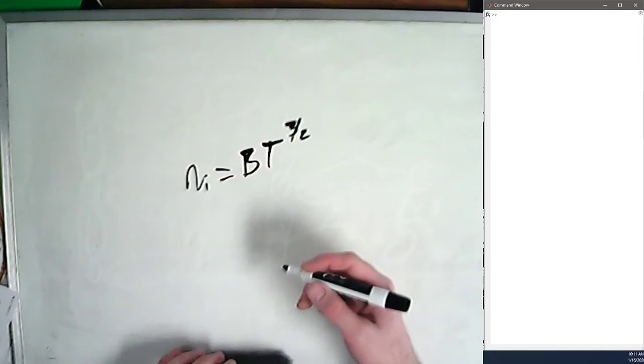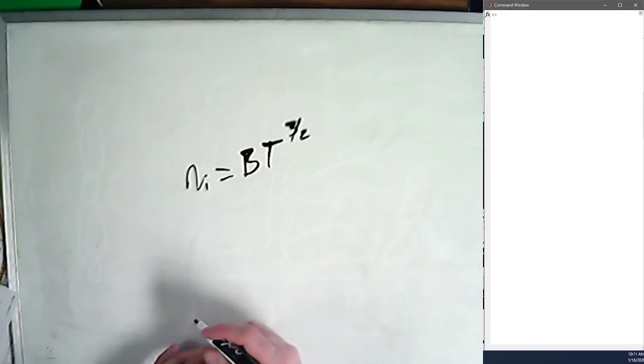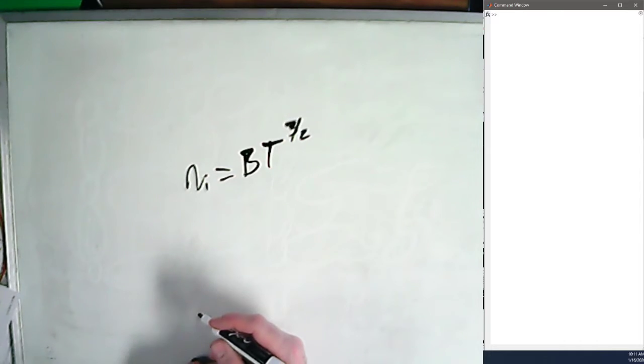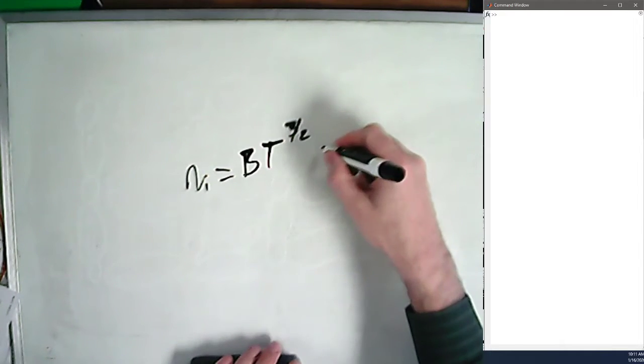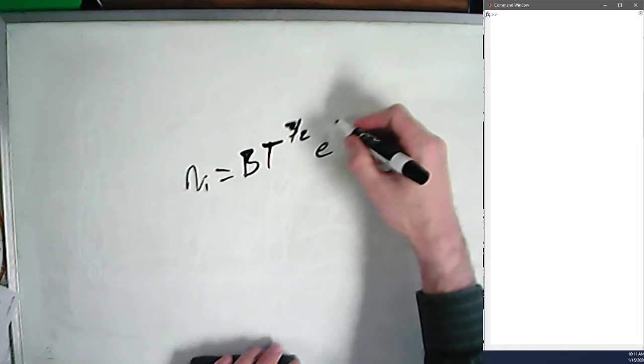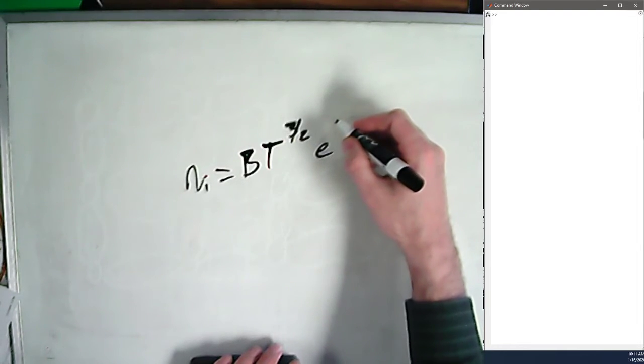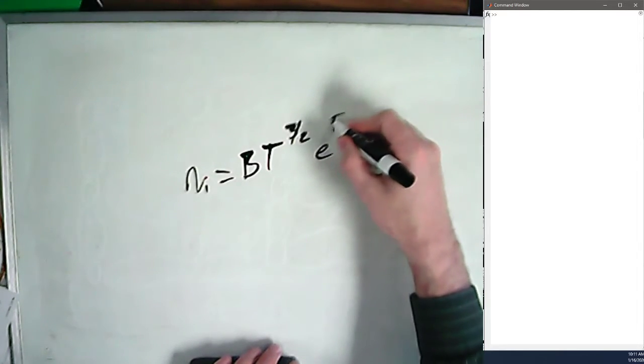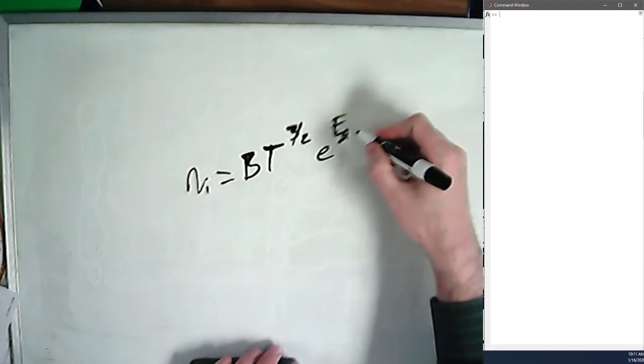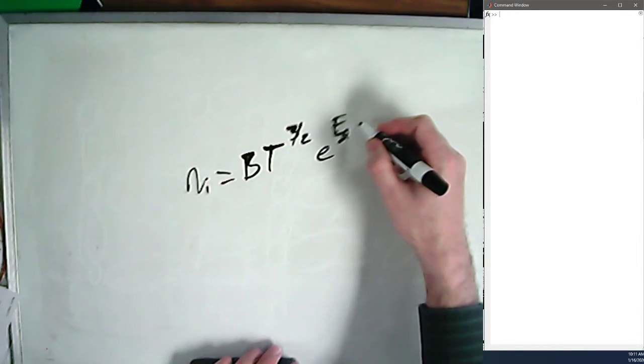B, once again, is a constant. Eg is the band gap energy. Okay, so we're going to have to define that. And then this is going to be e to the, sorry, Eg is the band gap energy,